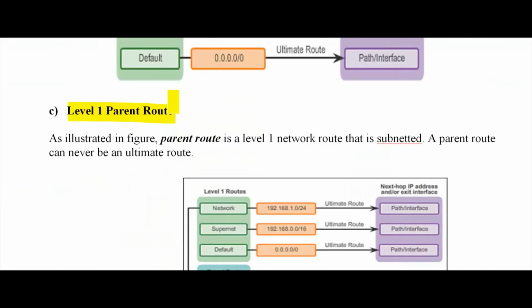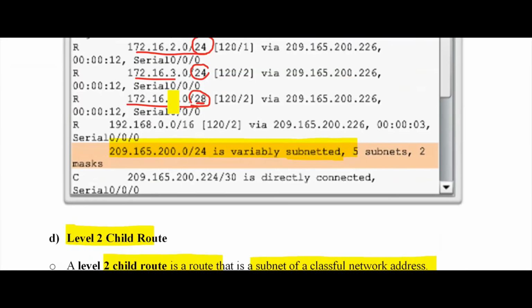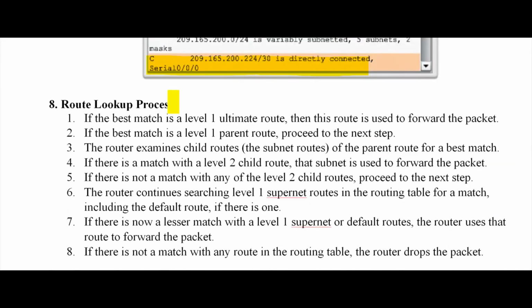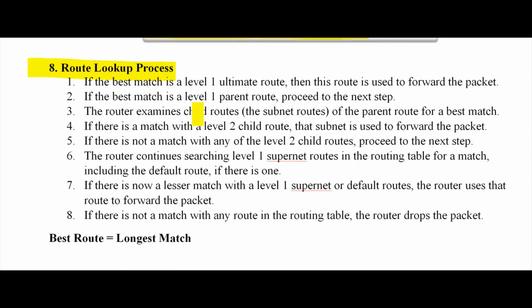Now I'm going for the next topic. The next topic you can see is the 8th topic here, route lookup process. We will finish in another 10 minutes. Now what is a route lookup process? That means a router is going to decide which path to select. For that, we need to follow some methods. We already know it is going to be the shortest path.